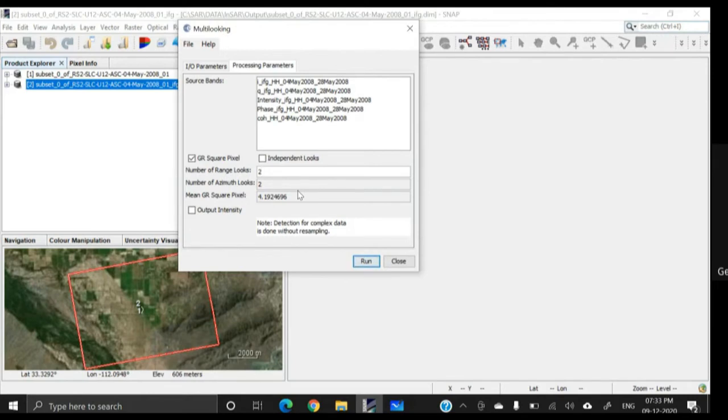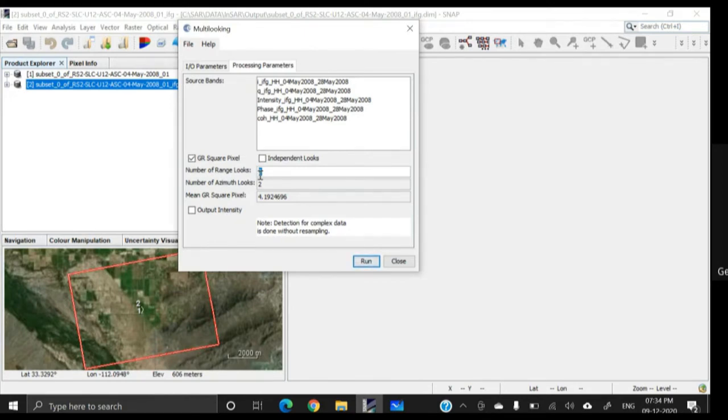We are averaging, and as you can see, in the case of 1 by 1, earlier we had a spatial resolution around 2 meter, and if we make it an average of 2 by 2 pixels, then it will become 4. Based on the spatial resolution required on the DEM, you have to define the number of looks.